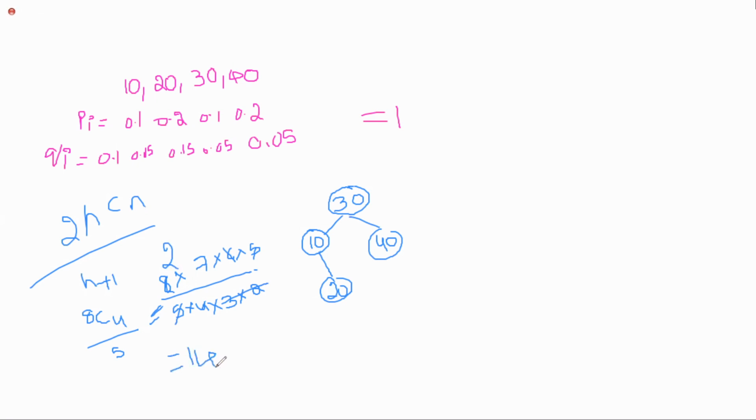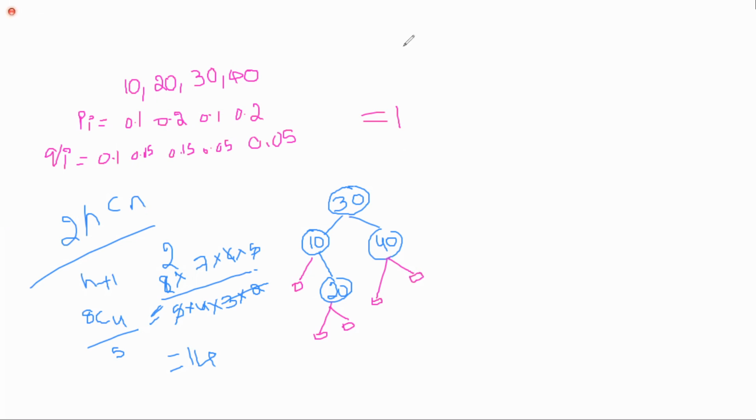Among these 14 trees, which one is the optimal one you have to consider? I'm not going to draw all the trees now. I just want to tell what is the successful probability and what is the unsuccessful probability. How many null nodes are possible here? I'm drawing the null nodes with this color. This is the first null node: 1, 2, 3, 4, 5. These many null nodes we have here.